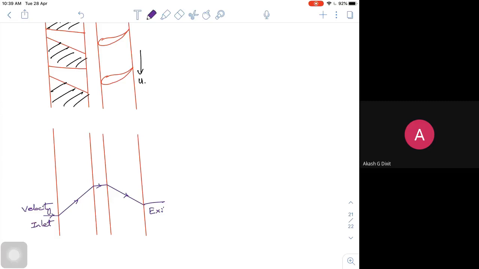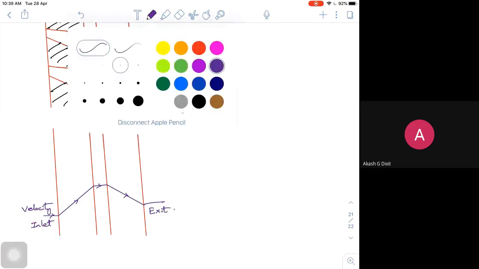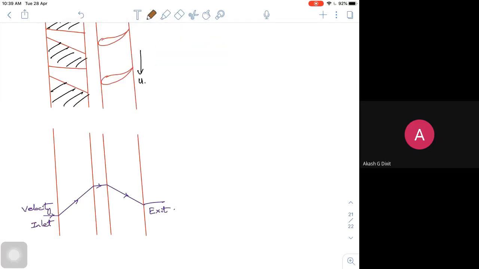So now what happens to your pressure? It enters at high pressure. Pressure will be dropping in the nozzle, then almost remains constant in the gap, and in the rotor also it is absorbed. So this is my